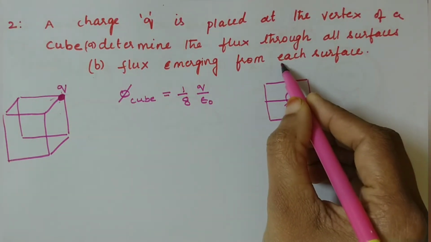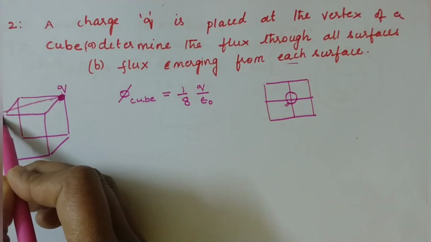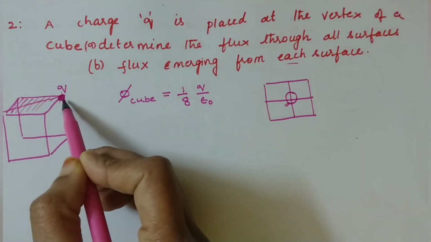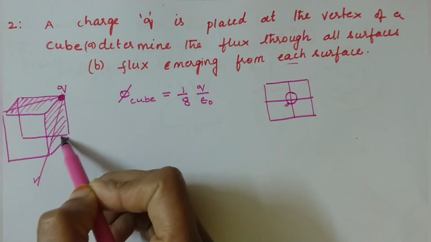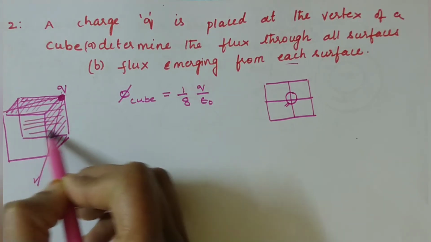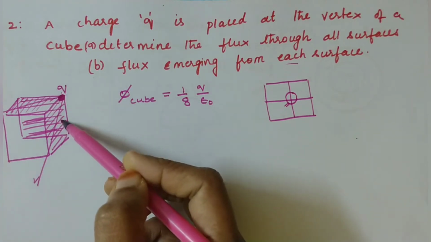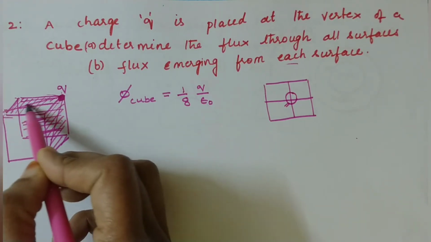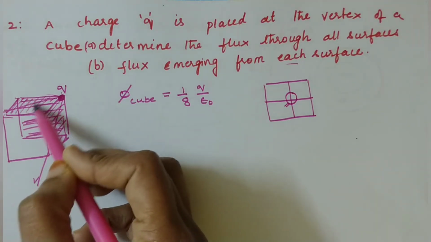Now what is the flux emerging from each surface? Since the charge is at one corner, if you draw the field lines emerging from this, the field line is parallel to this surface. And one more field line I am drawing here, it is also parallel to this surface, the shaded one. And even the field line is parallel to the behind surface. So out of 6 surfaces, flux through 3 surfaces is 0, because we know when the field line is on the plane, there is no flux passing through this shaded portion, no flux through this vertical portion, and no flux through the behind portion also.